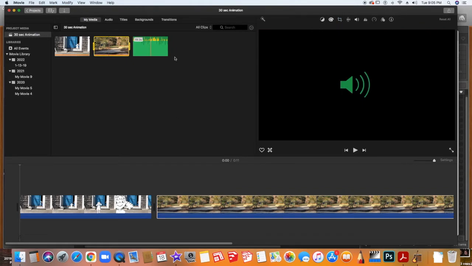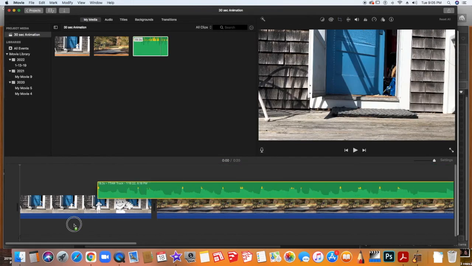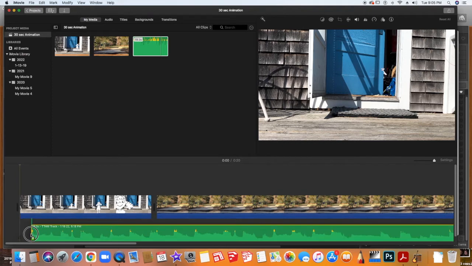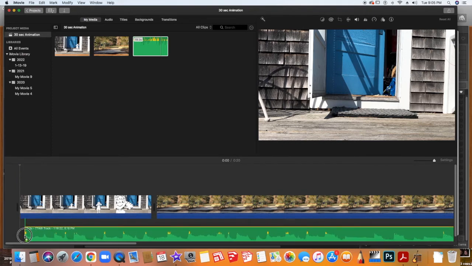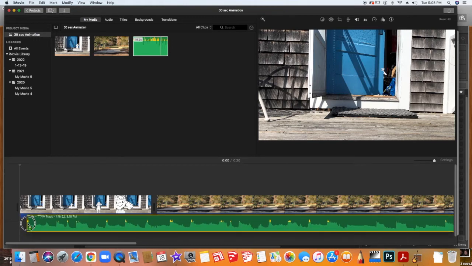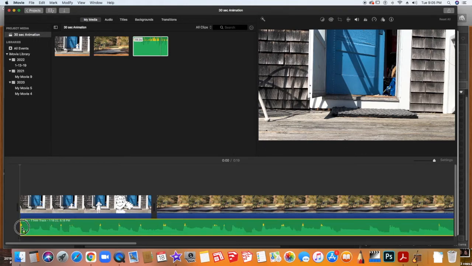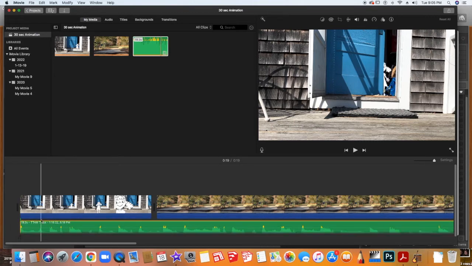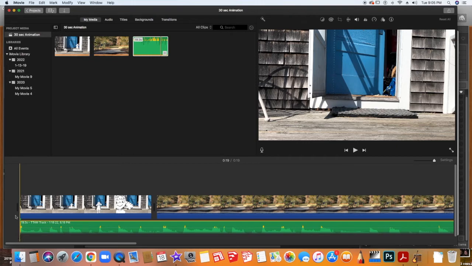Next, I'm going to take my audio clip, and in the same way, I'm just going to bring it below the video clip. It's very hard to see, but there's a little music clip here that you can also drop it into. It doesn't really matter. So I'm going to just put this audio clip right there and drop it. Now you can play the whole thing back,